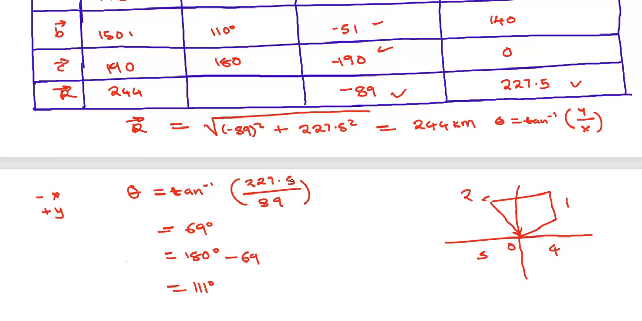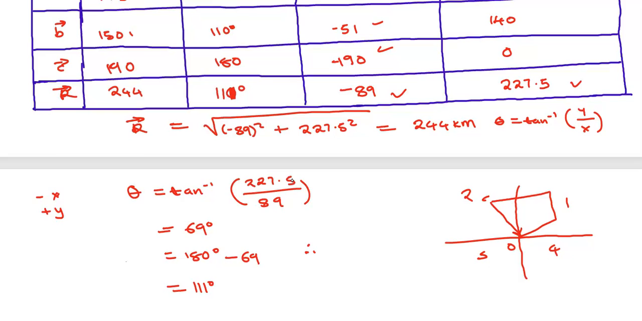So this even makes more sense. Your answer now we can indicate here: 111 degrees. By showing the table, it means you have explained everything and you can get all the marks. But if you want to leave a conclusion, you can say that